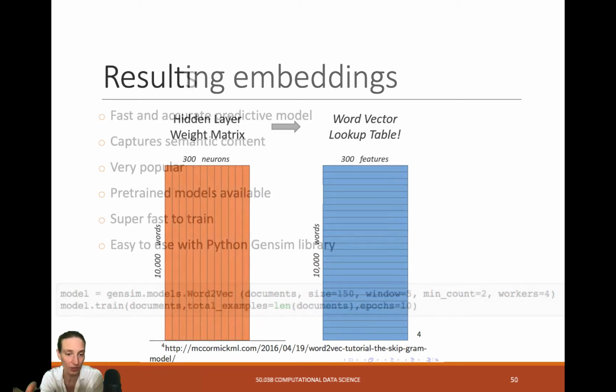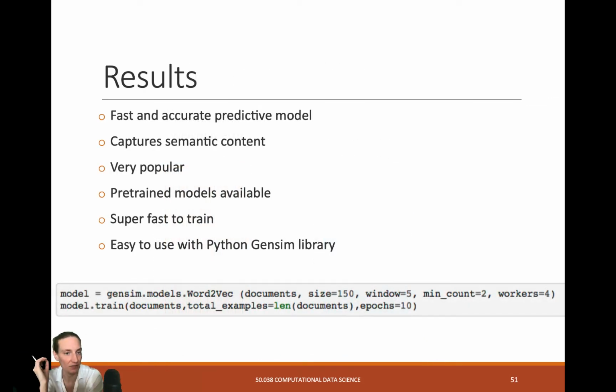Okay. So the results of running word2vec is it's very fast, it's usually an accurate predictive model, which means it can be used for many other tasks. It correctly captures semantic content. It's very popular. We'll demonstrate actually the capturing of the semantic content in a little bit. There's lots of pre-trained models available. That's very cool. It's super fast to train, especially using the negative sampling, and it's very easy to use using